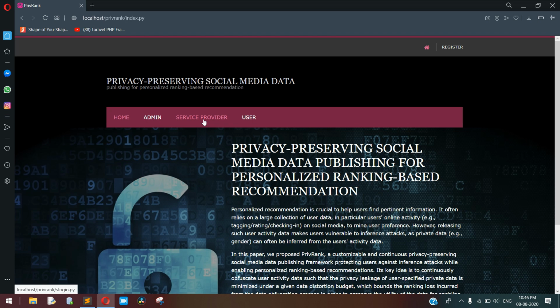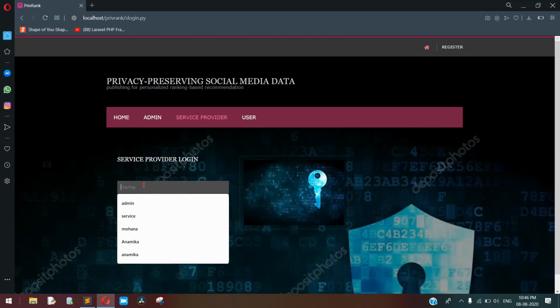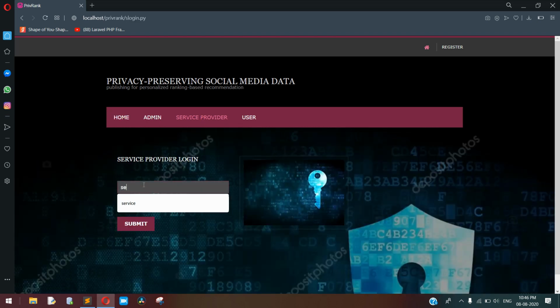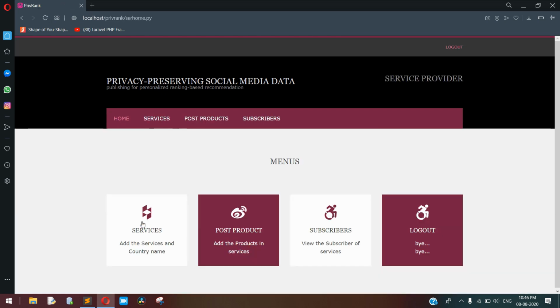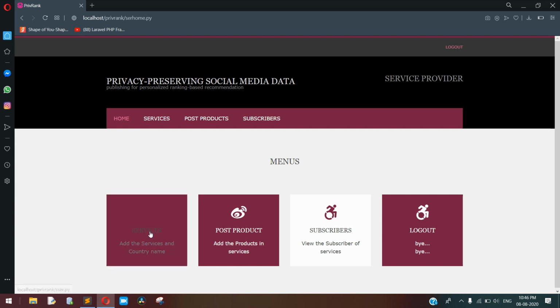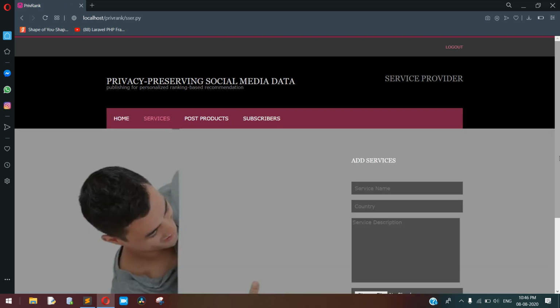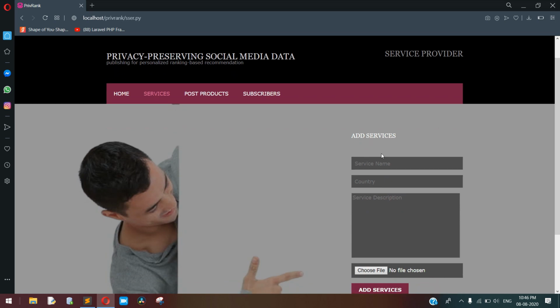And at last, the service provider. The username for the service provider is service, password also service. If they want to add any services like movies, mobiles, they can add here.